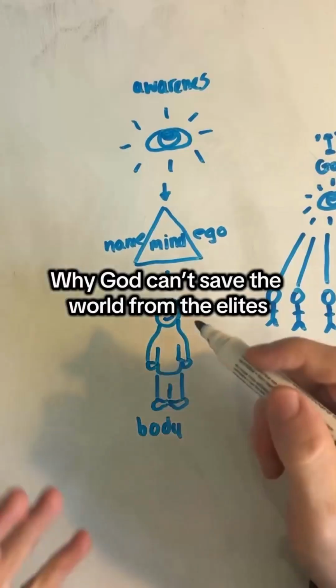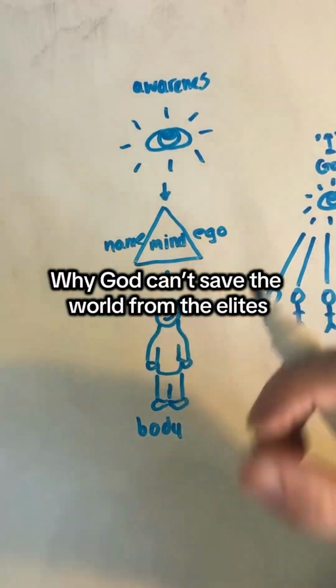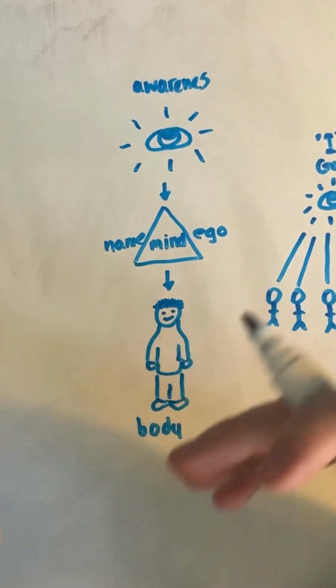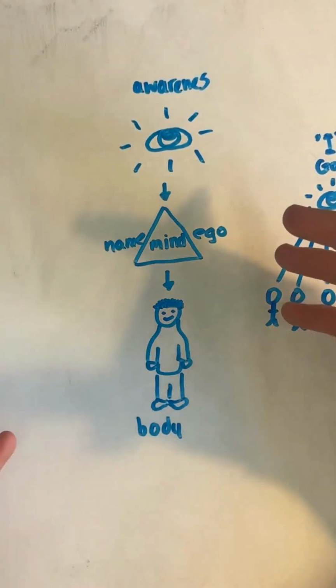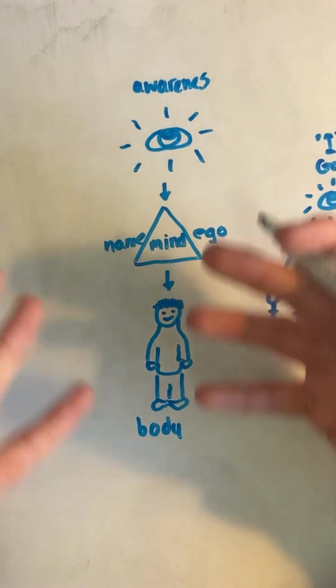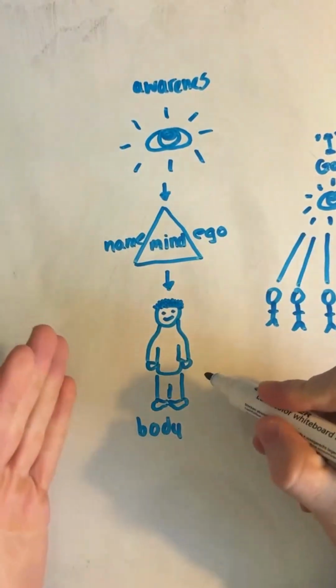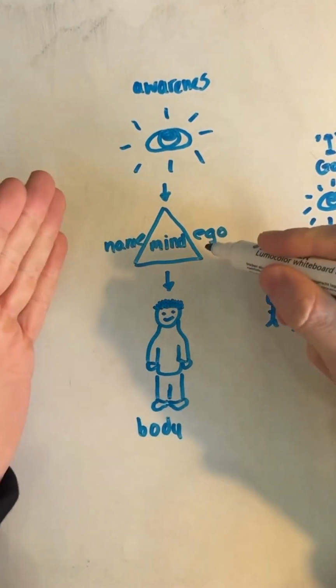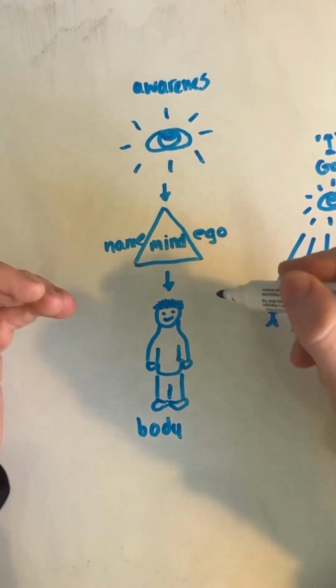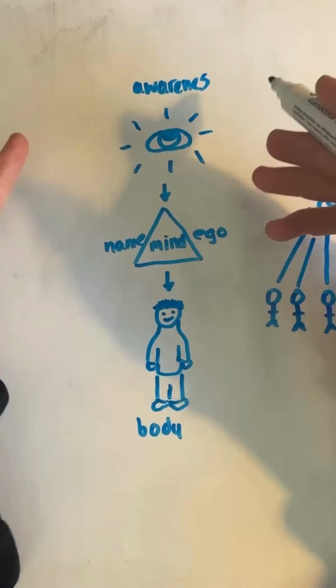I'm going to prove to you that God can't come and change the world even though we're being ran by satanic governments. God is not a physical being in the sky who can change creation. God is awareness. If you turn off your senses and you turn off your mind from thoughts, who are you then? You are pure awareness, just observation, no thought.